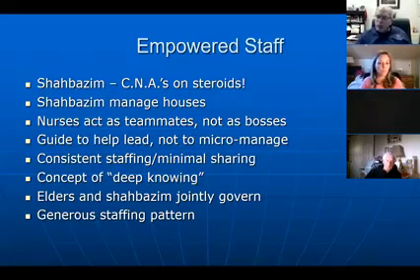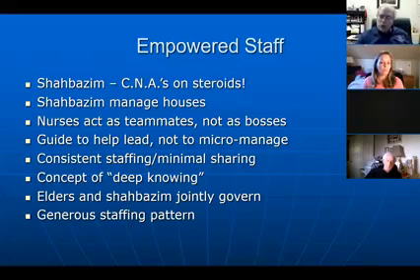Consistent staffing, a very important concept in the greenhouses. Most of the staff work in one house and one house alone. I have one house that's been open for a dozen years now, and some of the staff are the same ones that started on day one. There are a few folks that are trained to go to more than one house if we need to fill in, but for the most part, you stay in one house. What that does is allow those staff to really get to know the residents in their care. We refer to them as elders, not residents.